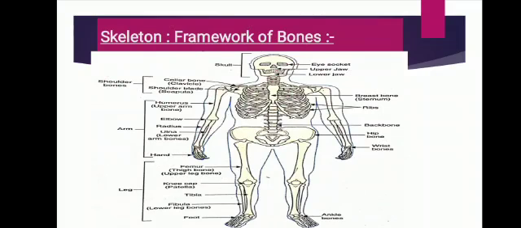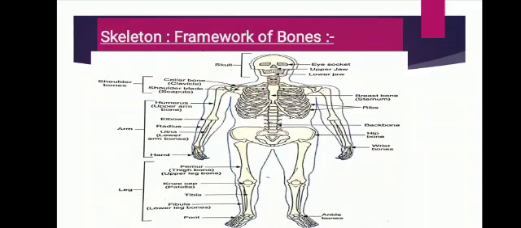The upper leg is from hip to knee and it consists of a single bone called femur. Femur is also known as thigh bone. Then lower leg from knee to ankle, and it consists of two bones, tibia and fibula. And the foot consists of various types of small bones from ankle, middle part of the foot and toes.